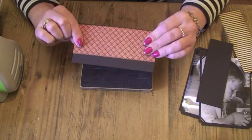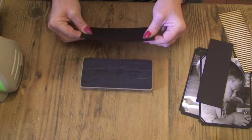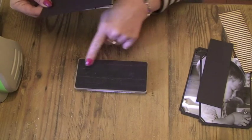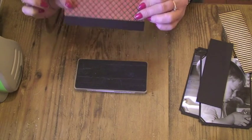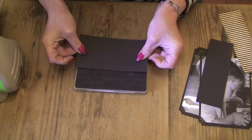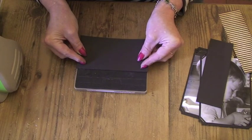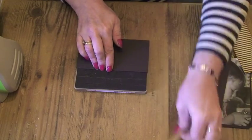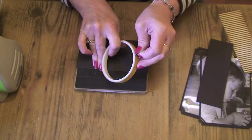I'm not going to stick it yet, but what I am going to do is use the edge that's got the tab on the right hand side. I'm going to put paper and card face down, just slightly above the top of the tab, and then I'm just going to put a little bit of tape